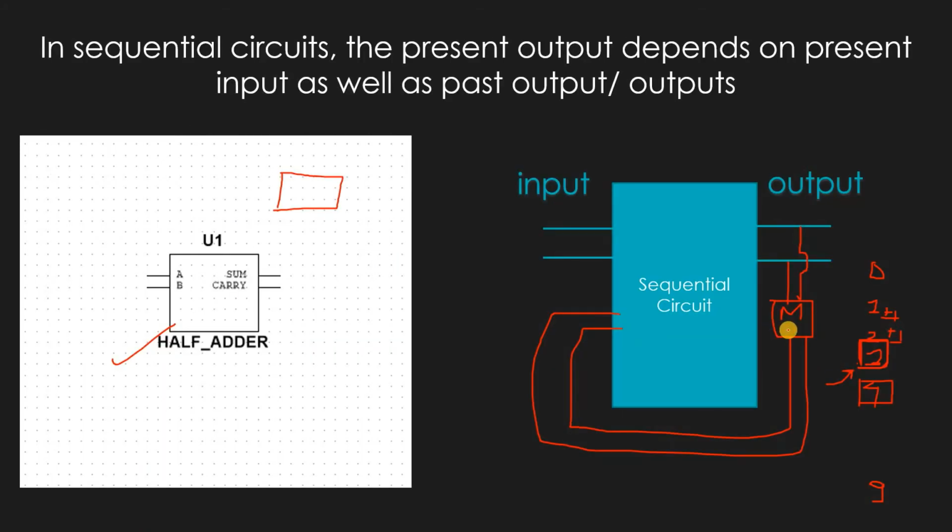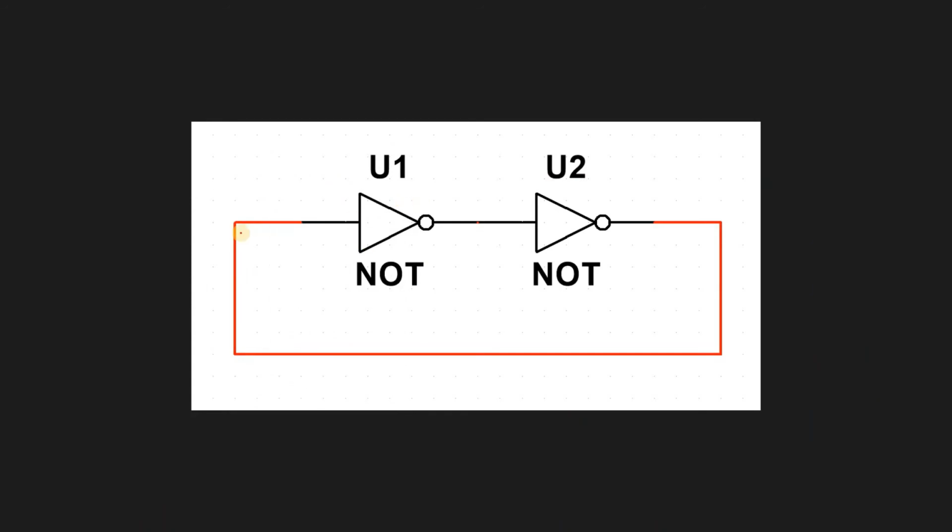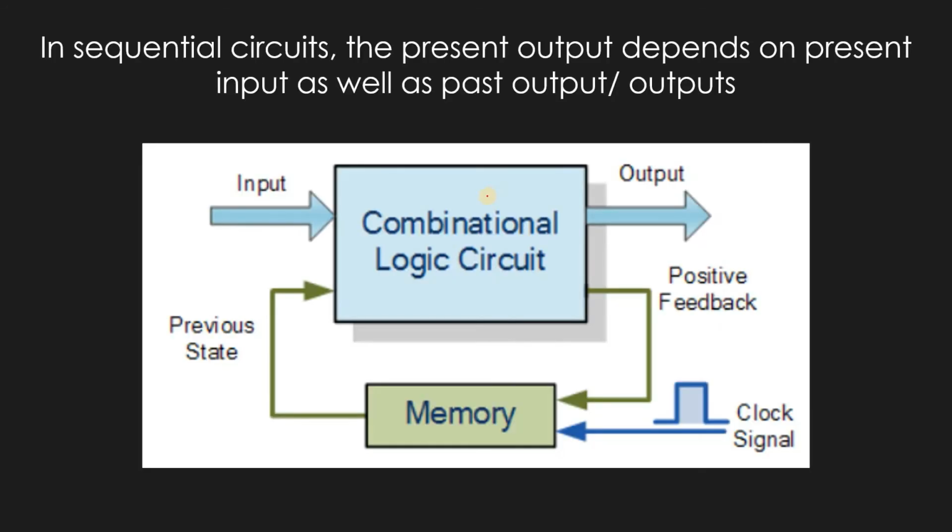Now suppose we need to use this memory, right? To store something in a memory, you need to store bits, because obviously in digital logic we need zeros and ones to store. So first of all, you can understand how to store one bit, and then we can store multiple bits. The way that they could think of is to use two NOT gates and connect them together. If we provide the input as 0, the output of this NOT gate will be 1 and the output of this NOT gate will be 0. So you see, this 0 and this 0 are actually connected. So this is one of the ways. I'm not going to talk about it a lot because it is not that important right now, because we're going to talk about latches and flip-flops in the next tutorials.